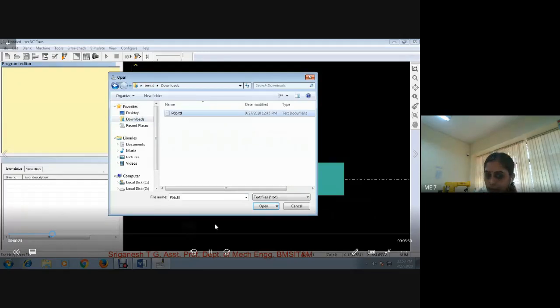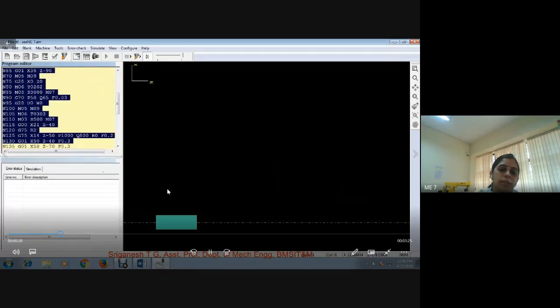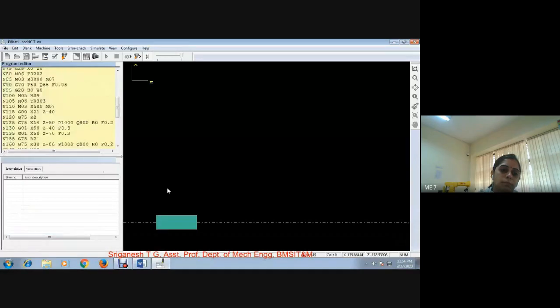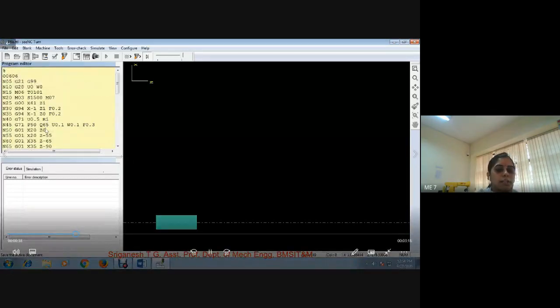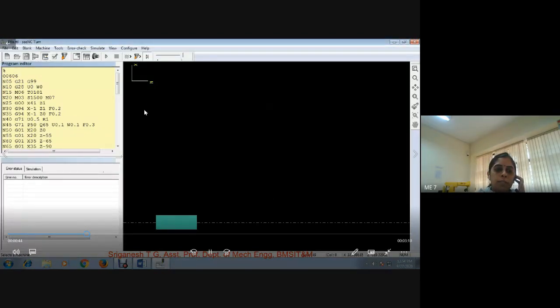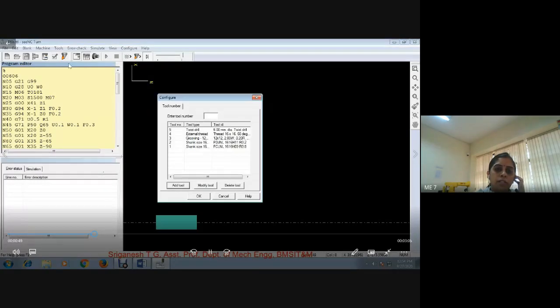So P6, you have written in the assignment, so we are just running out the simulation of it. First you will select, check the error, and put the dimensions into the blank as per the requirement. Select the machine as Fanuc. Then error check is done, select the tool. You need to configure it newly, remove all the tools and edit it again.